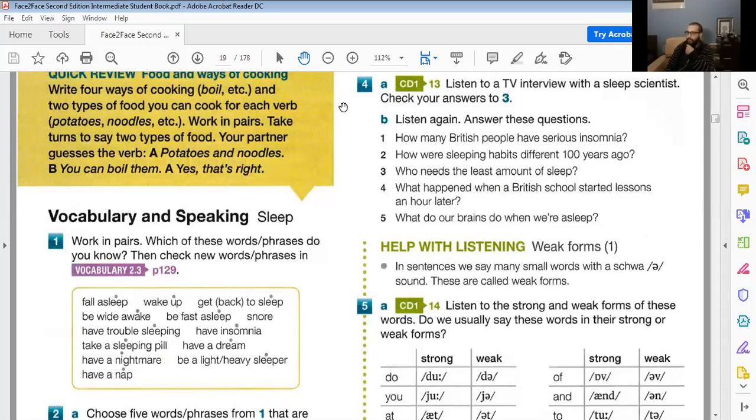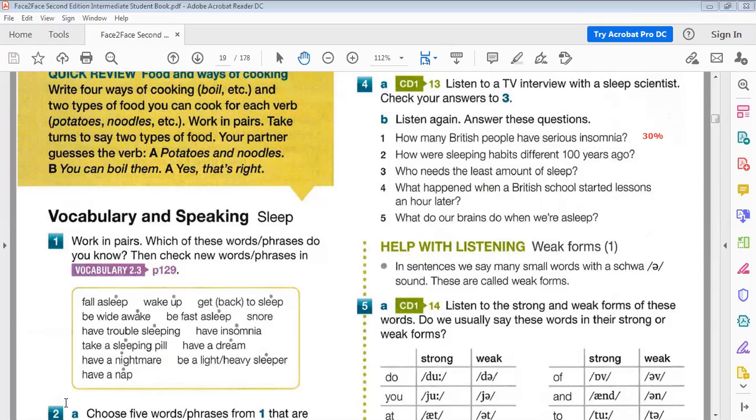Maybe 30%. I'm just going to write your guesses, okay? So Malak thinks 30%. Who agrees? Who disagrees? Who has another answer so we can write it? Any other answers? Najat, what do you think? I think it's correct, what Malak said. 30. Maybe less than 10%. Okay, let's write less than 10%. And it was mentioned, by the way, here we're not guessing, because this was mentioned in the listening